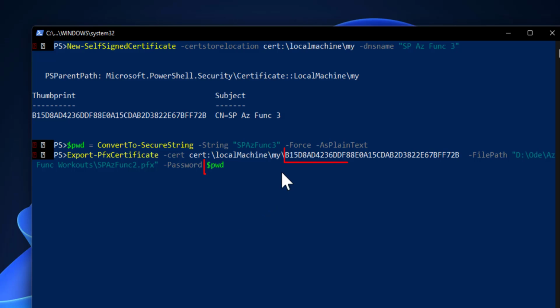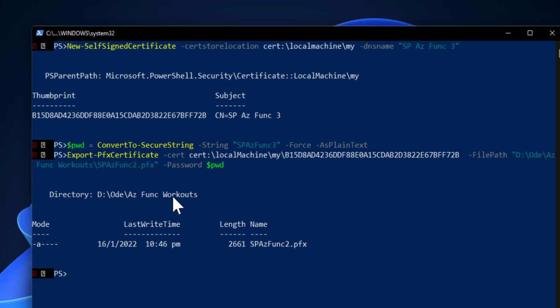I am exporting this certificate with the private key, with the file extension PFX, using this password. This will create a PFX file in the given path, which we will be using later. So execute this command. The PFX file is created.